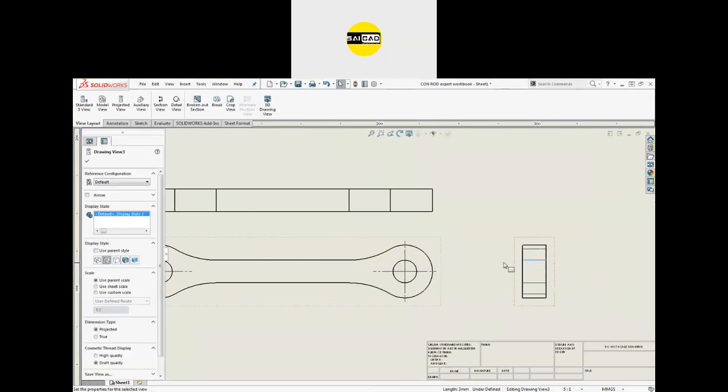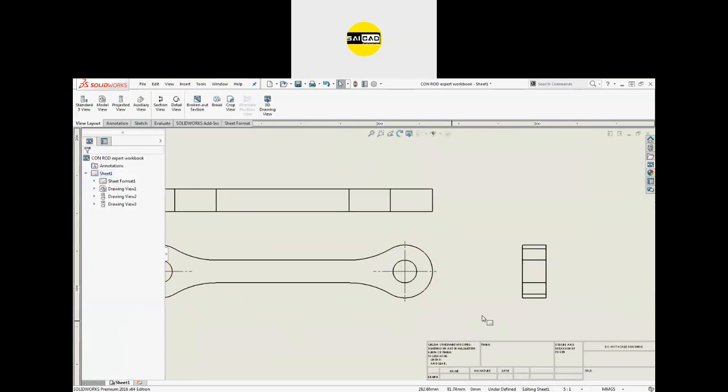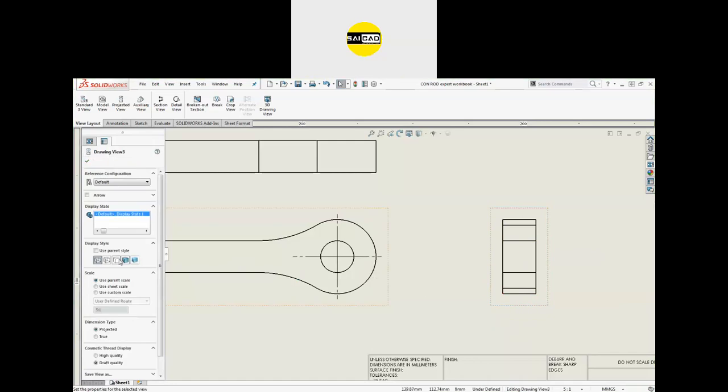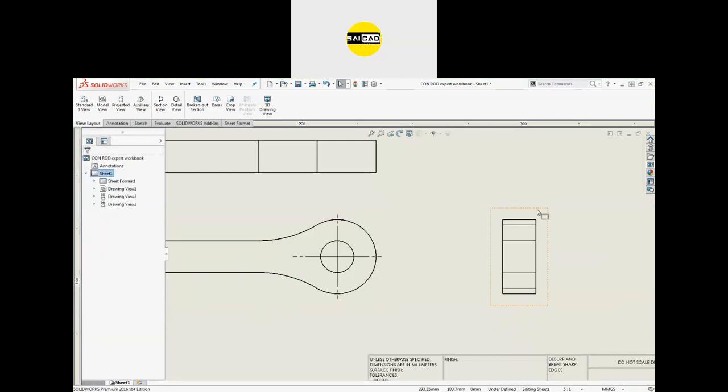If you see the wireframe from here, you will see everything in solid. So in the wireframe, you will get a little confused, because everything is in solid, and you will not be able to determine which line is which. So most of the time, use only the hidden line visible option, and you can see everything is visible in the hidden line. You can now tell that these two lines are for these circles.